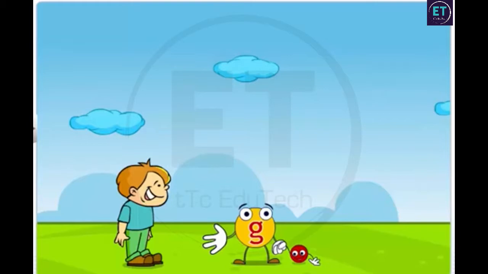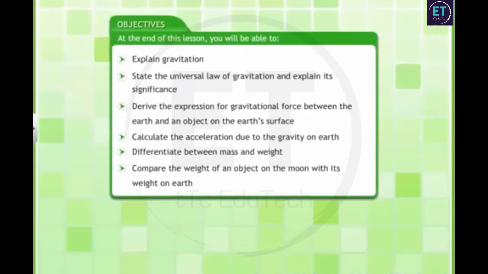In this lesson, you will learn about the universal law of gravitation, gravitational force, and its effect on a freely falling body. At the end of this lesson, you will be able to explain gravitation, state the universal law of gravitation and explain its significance, derive the expression for gravitational force between the Earth and an object on the Earth's surface,